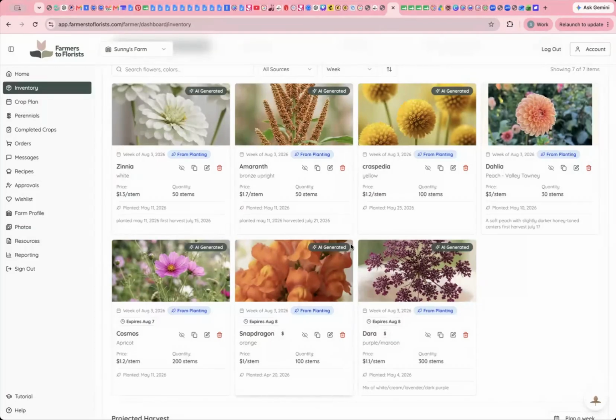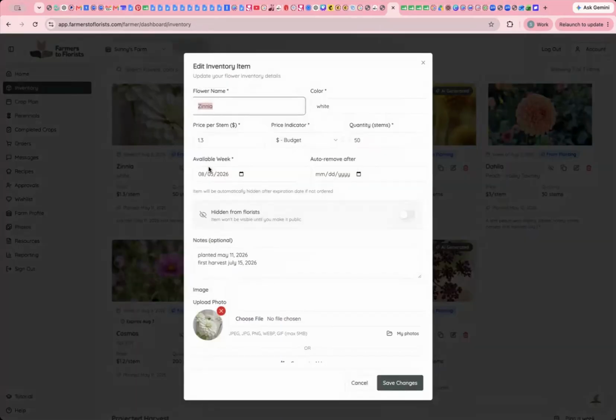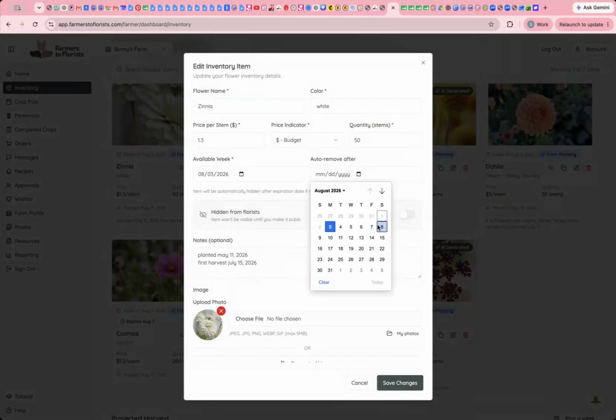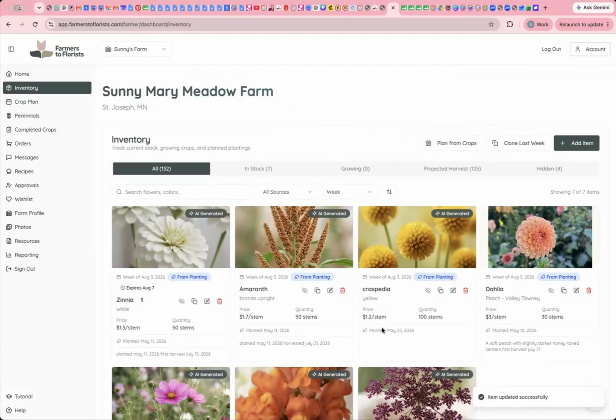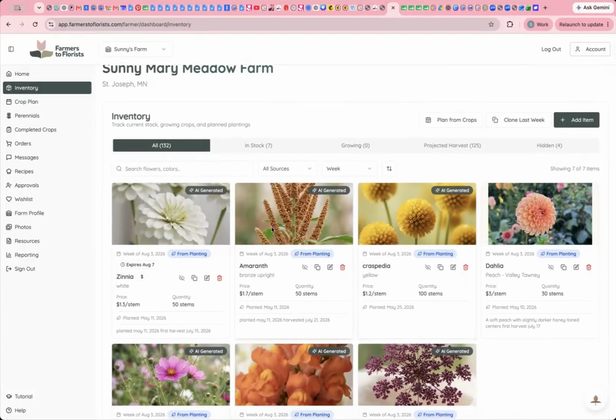But something that we do recommend that you set up automatically every single time that you add inventory is to go to the auto remove after date. So if you only are going to have those for that week, then make sure that they are set up to auto remove that Friday or whatever day that you want them gone, and then they will fall off of your inventory list. They will then show that they were unsold flowers or unused flowers,